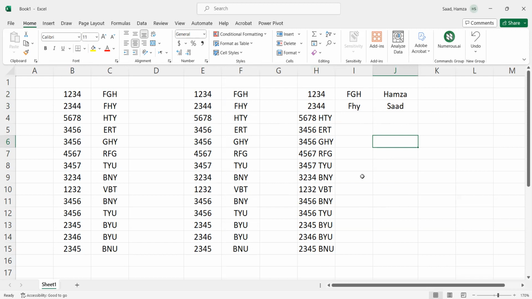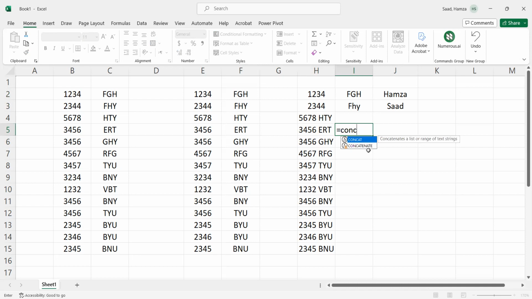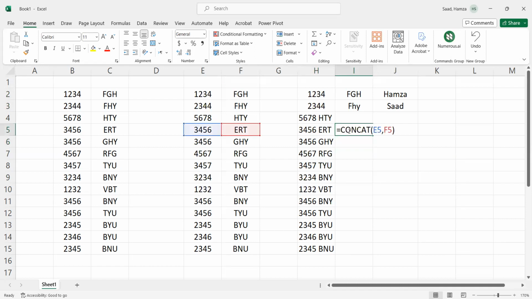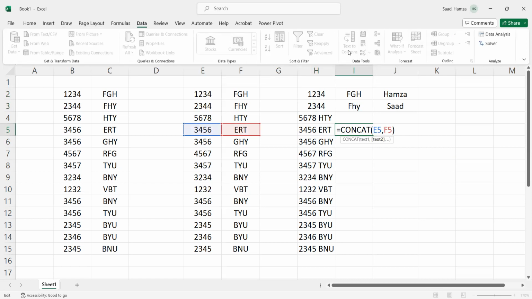Now last notes about this one. For example, if we use the function CONCATENATE for this one, both of them work well. For example, I already used this one. I'm going to use this now, CONCAT. For example, I'm going to enter text one, then comma, text two. Both of them are different numbers and letters. When I hit enter, I'm going to find them come together. When I hit this one, I need to add space in order to be understood by my data in text to